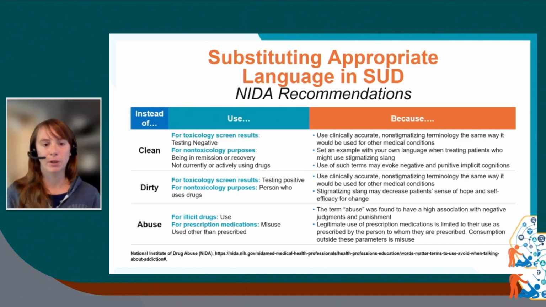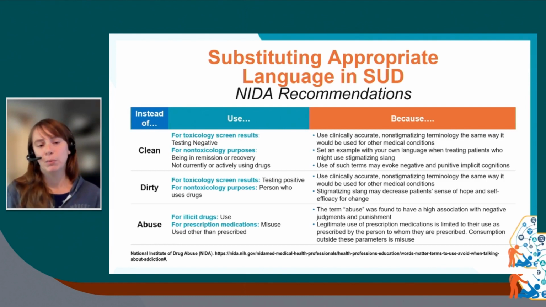Dirty, when we use this all the time, their pee was dirty. But when you think about it for a minute, how impactful that language can be, and how it can also influence someone coming in. Especially, I love electronic health records and how far we've come. And this language is so important because what we read lives on in people's charts in medical care.